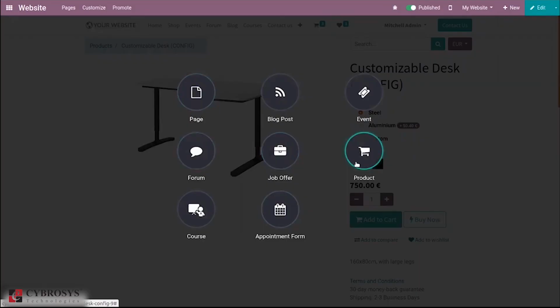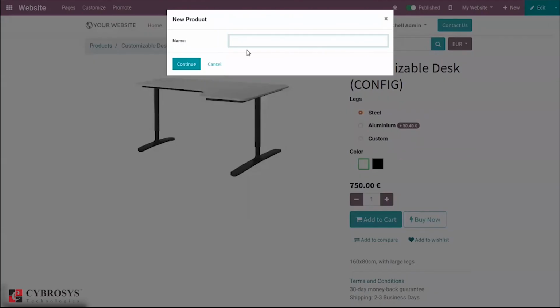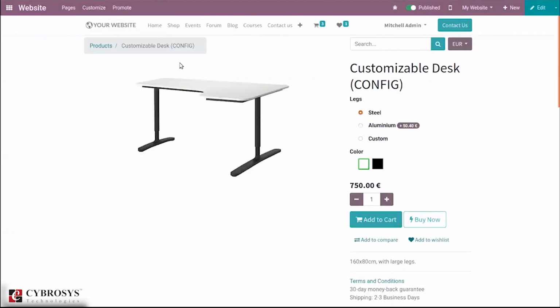So here we have the option to create a new product, and just click continue.